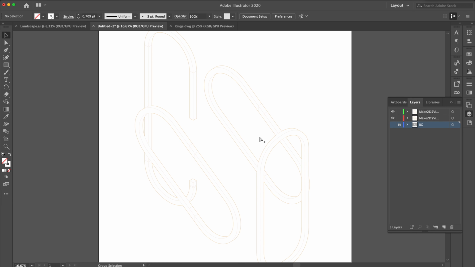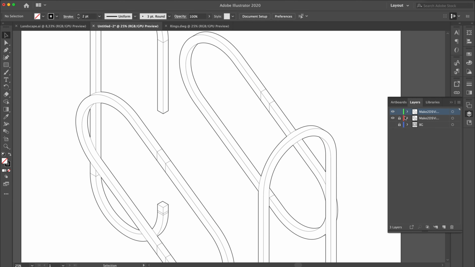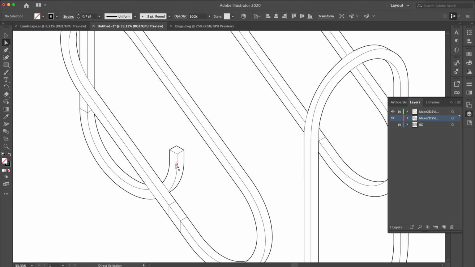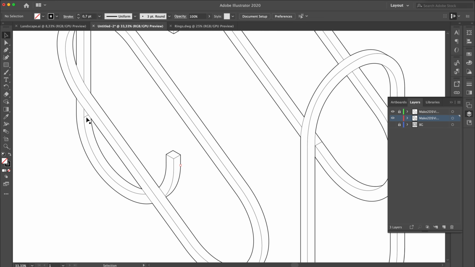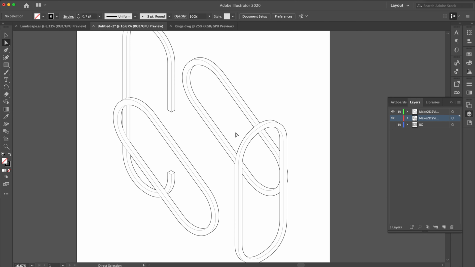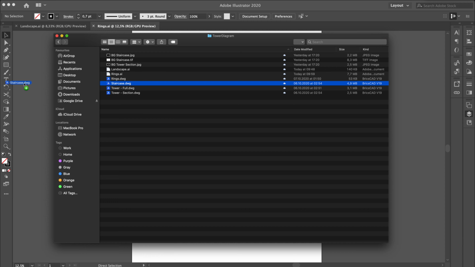Then I'm gonna change the color of the lines as well as the stroke width. So the stroke of the edges is gonna be 0.25. The contour is going to be 0.75, and then I'm going to clean up all the lines that are not necessary. And that's about it. Then we're going to save that and do the same with the next DWG, which are